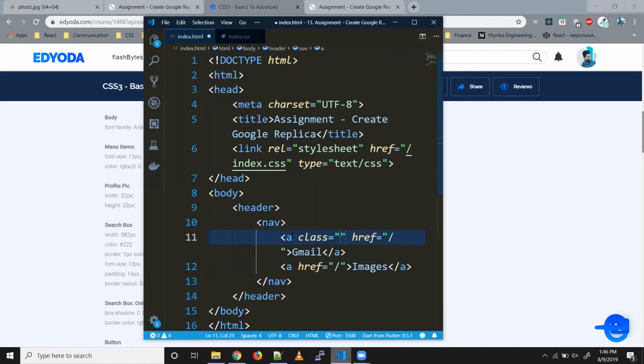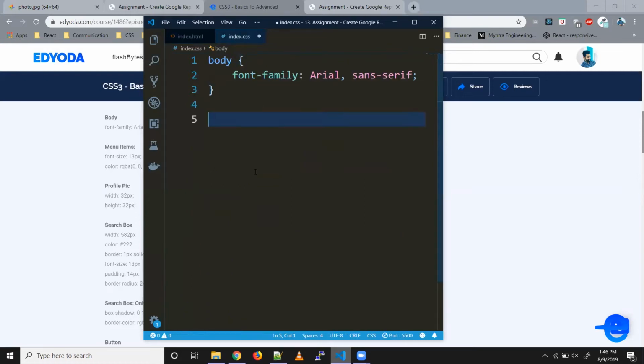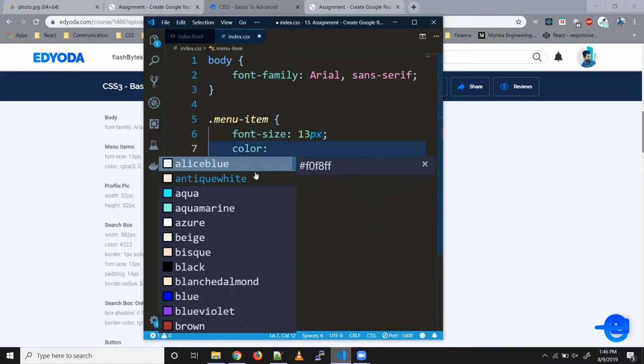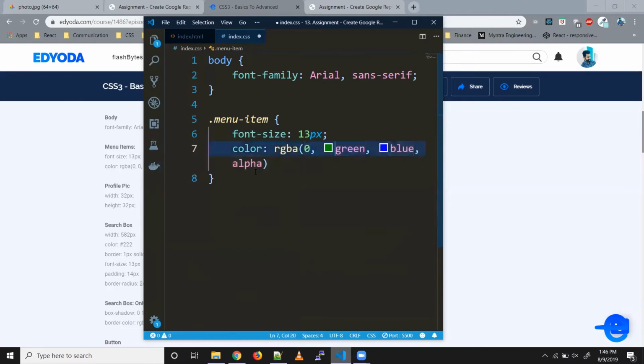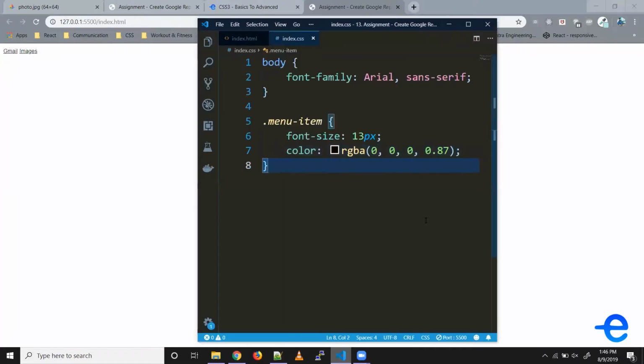Let's add a class here. So menu item. Let's paste it here. Let's copy this class name. So what we need is the font size of 13 pixels and a color of RGBA black, and an opacity of 0.87. So 0.87. Let's save it. Coming back here. Now let's save it. And as you can see,